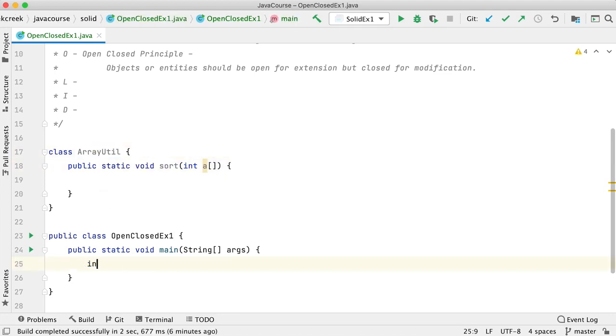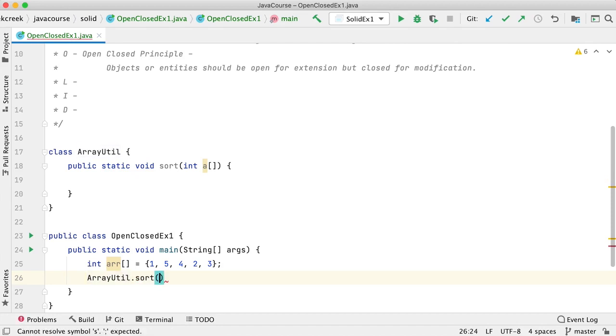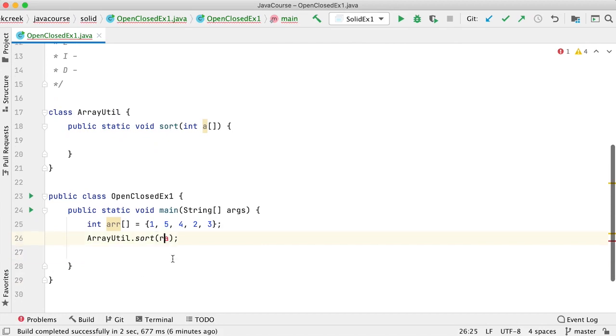Next, I'll have an integer array. It should not return anything, because it's passed by reference. So what I do is I say ArrayUtil.sort and the given array, arr.